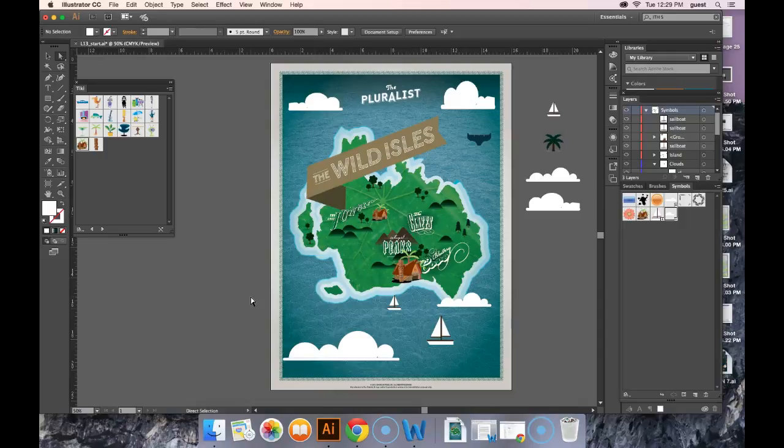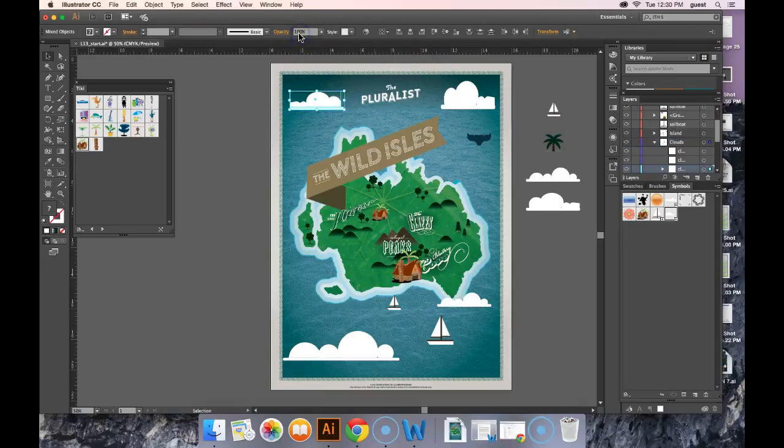Okay, so next we're going to actually work on breaking a link to a symbol. So at times you need to edit specific instances on the artboard, but not necessarily all of them at the same time. So I'm going to break the link to one of the cloud symbol instances. So with the selection tool, I want to make sure I'm on the regular selection tool to select the whole cloud to the left of Illustrator. And in the control panel, I'm going to click on the break link